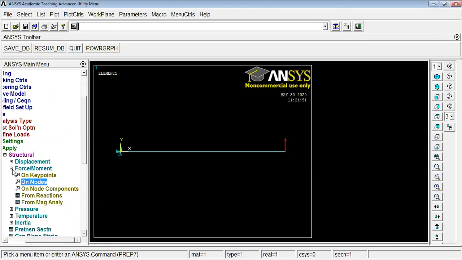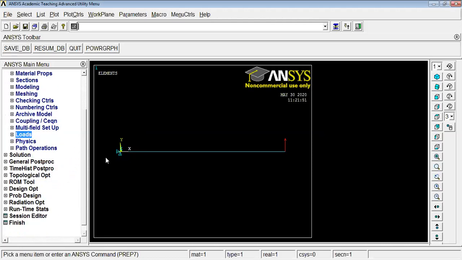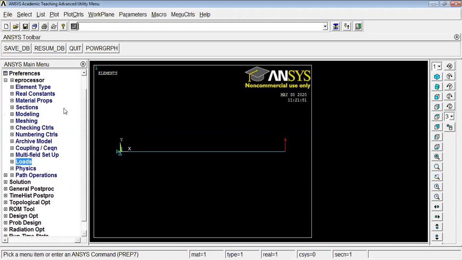So this is the preprocessor wherein we need these two key points with a line element which needs to be meshed, and key point 1 is completely fixed and the right end is subjected to a load of 100 Newton. And for this particular problem we have to solve the problem with